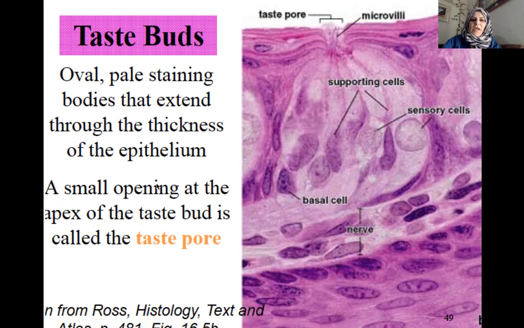Now we will come to the taste buds. We want to study the taste buds histologically, as we said, at a higher power of magnification. It will appear in this form. You will see a pale intraepithelial sensory organ, a pale structure that consists of